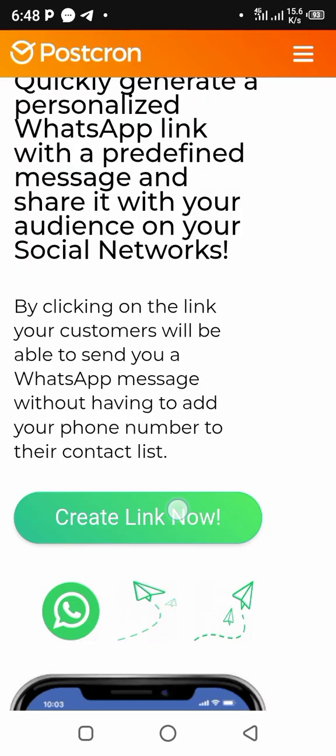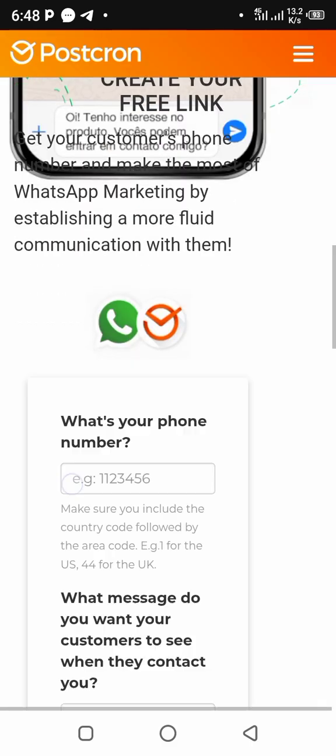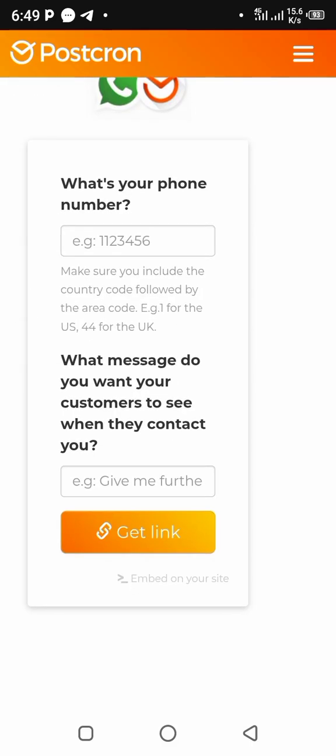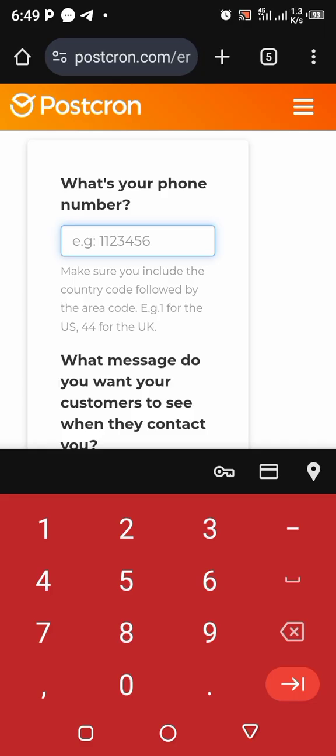As you can see, make sure you include the country code followed by the area code, e.g. 1 for USA, 4 for UK. So I'm from Nigeria, I will use 2, 3, 4. Make sure you don't put your first zero of the number. When you put the country code, do not put the first zero of the number. Do not mistakenly put the first zero of your number. So I'm going to continue with